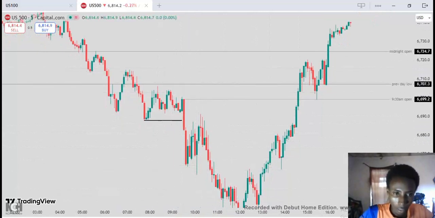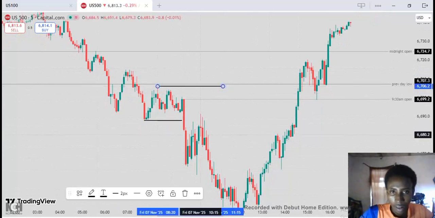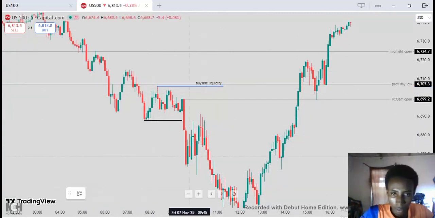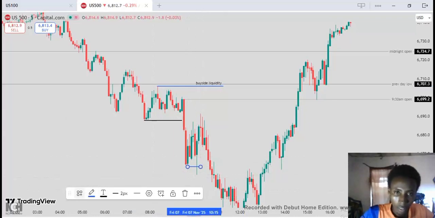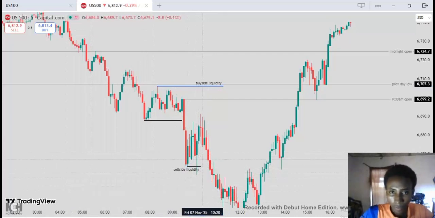That was what I was expecting. I called it buy side liquidity because at this point I was already seeing this as sell side. I was seeing it like price took this and rejected it. So after doing this, what I do, I go to 1 minute. But after seeing this right here,